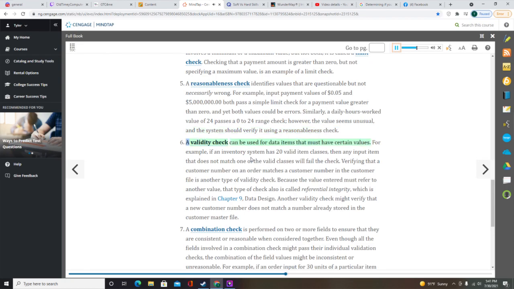6. A validity check can be used for data items that must have certain values. For example, if an inventory system has 20 valid item classes, then any input